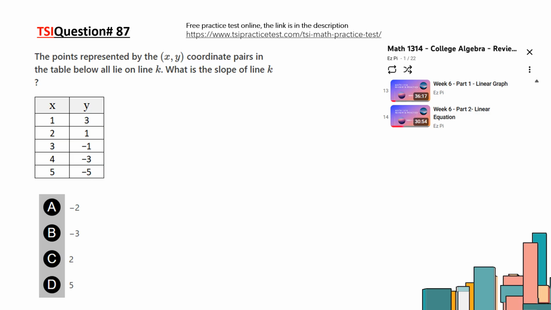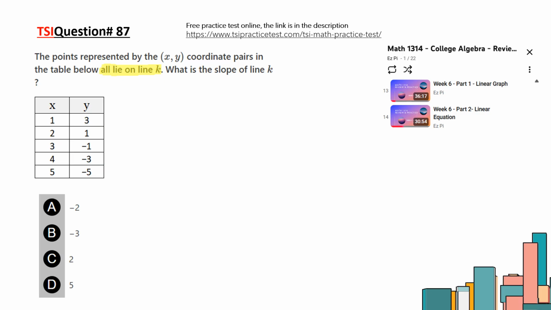The points represented by the x, y coordinate pairs in the table below all lie on line K. What is the slope of line K? So all the points lie on line K. This is a line, which means we will have a linear equation, right? If you don't really remember what a linear equation is, what a linear graph looks like,